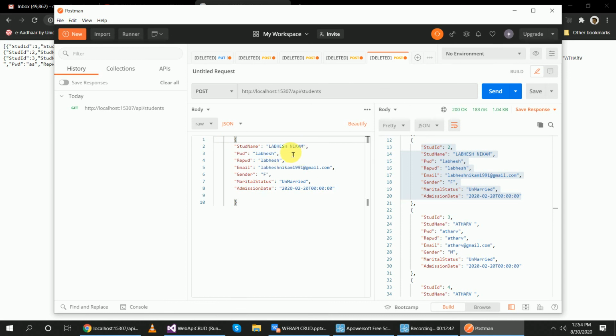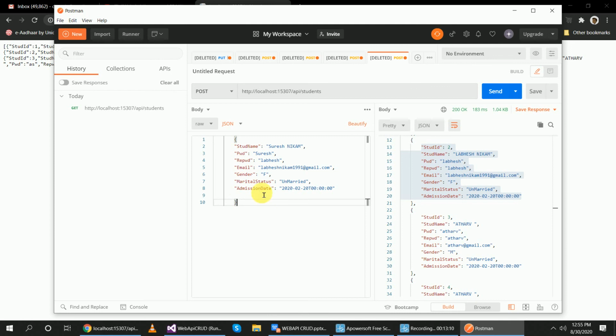And suppose I want to generate this new record, post this new record to the server. So I have written this single record here, and I have selected JSON.